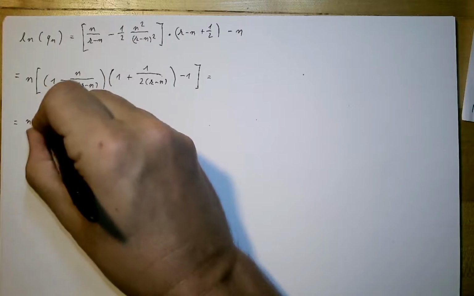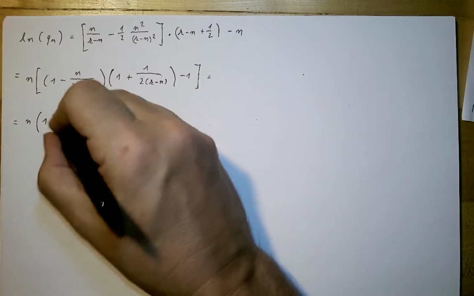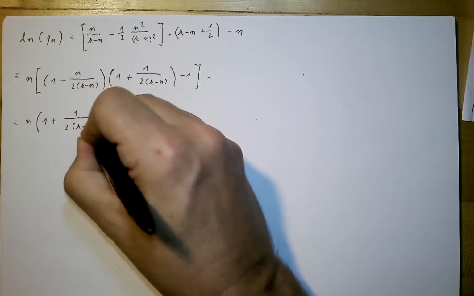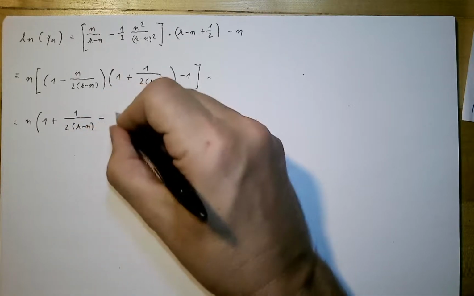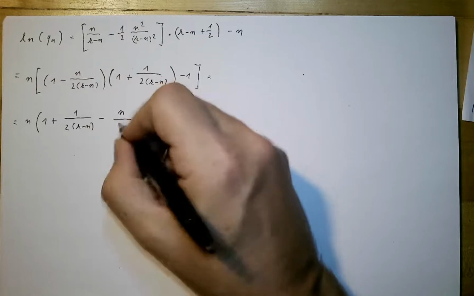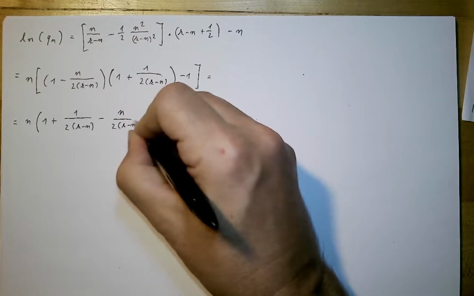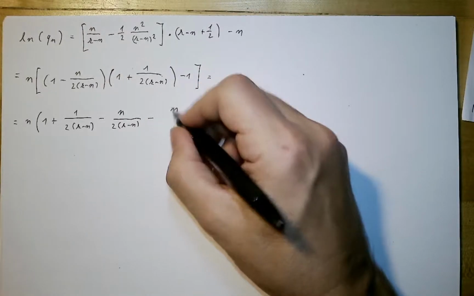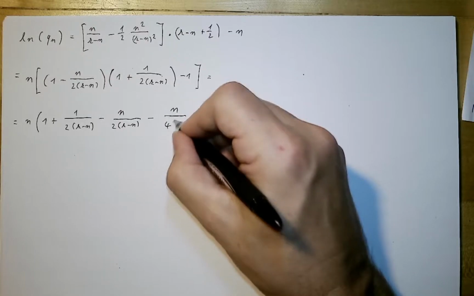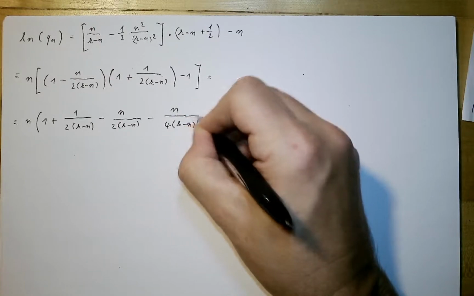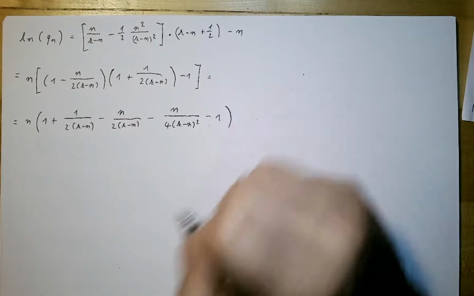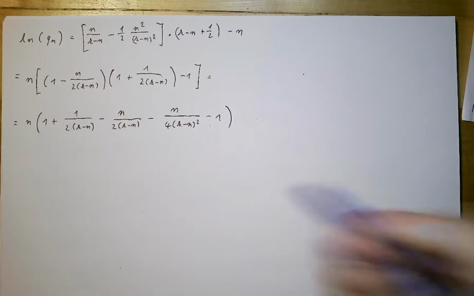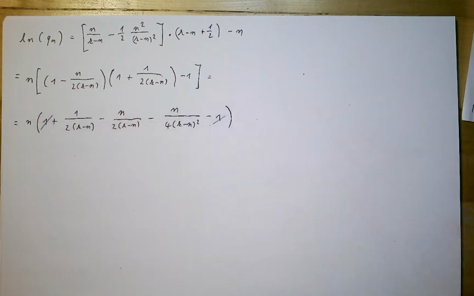So it's n times, and then we have 1. Then we have plus 1 over 2 k minus n, minus n over 2 k minus n, minus n over 4 k minus n squared, minus 1. And then you see first these terms 1 cancel,